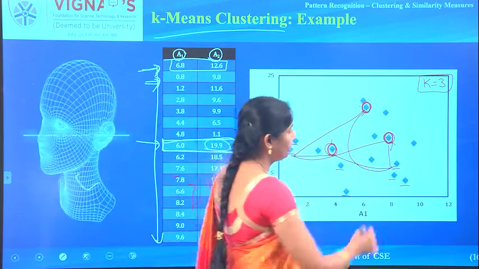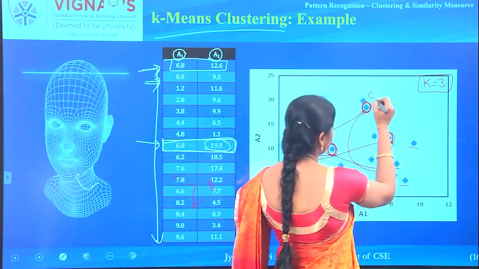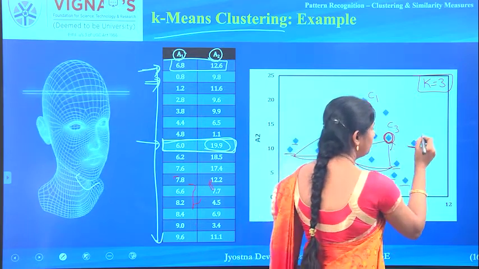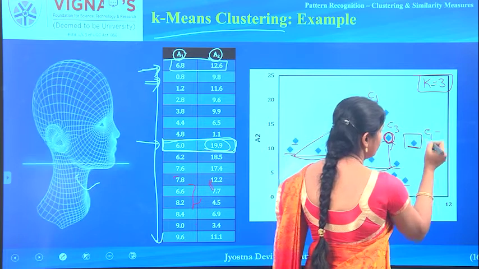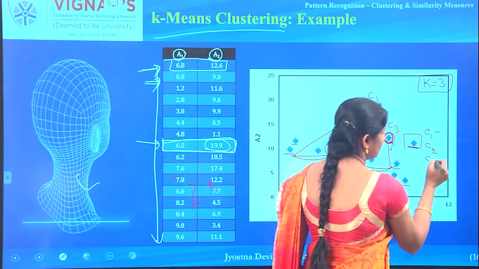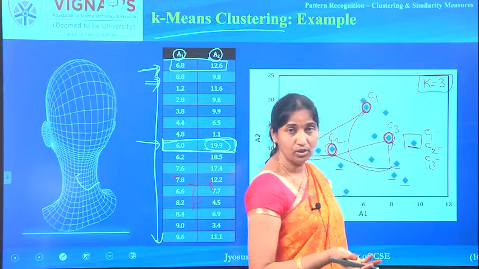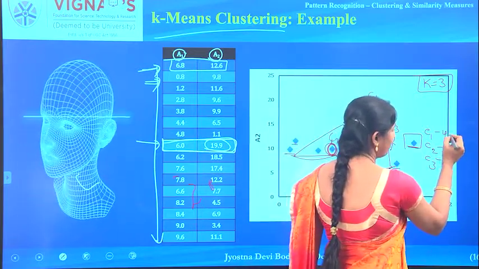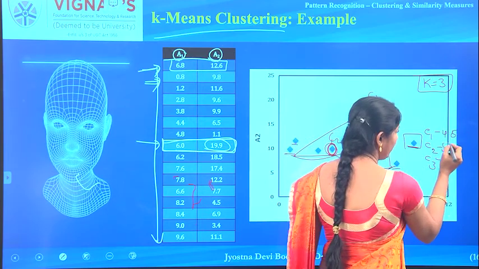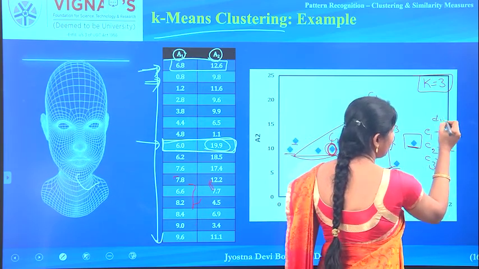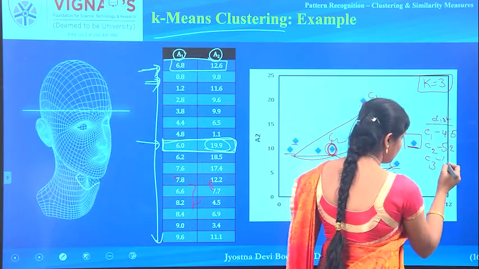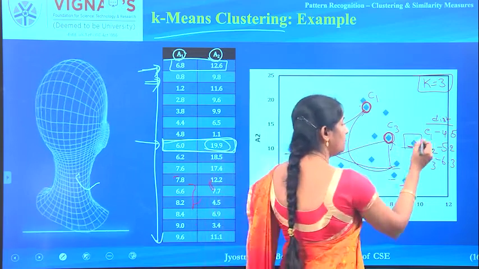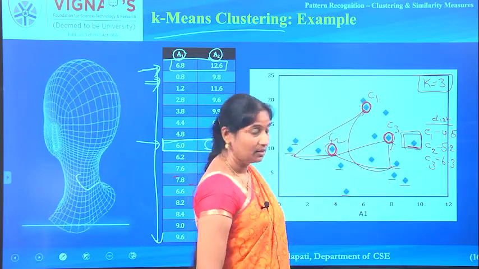Now for every object, I am calling these cluster 1, cluster 2 and cluster 3, and for every object you have the distance with cluster 1, the distance with cluster 2, and the distance with cluster 3. You can use either a similarity or a distance measure. Assuming I am using the distance measure, say for example 4.5 is the distance here, 5.2 here, and 6.3 here. In that case, which cluster can I assign this example to?